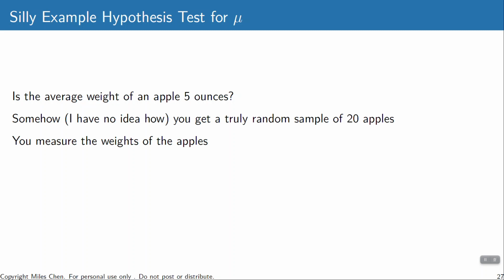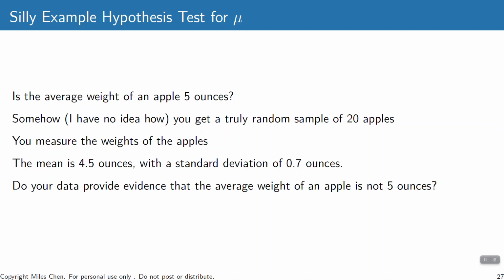So let's say you get a random sample of 20 apples, and you decide to measure the weights of these apples. Okay, and after you measure the weights of these apples, the mean weight is 4.5 ounces and a standard deviation of 0.7 ounces. And so now we ask,